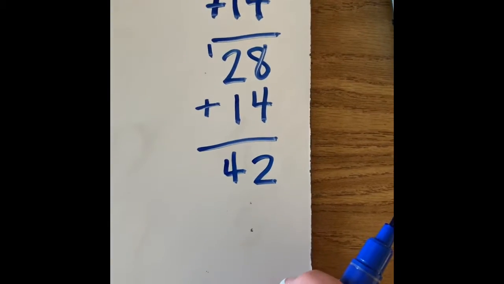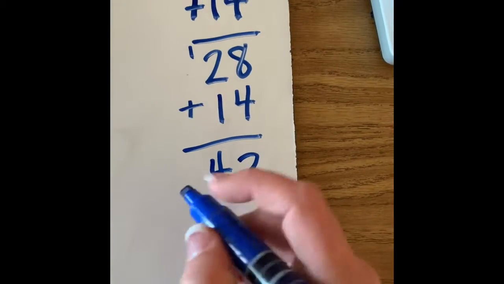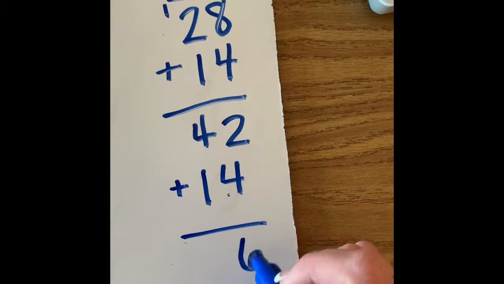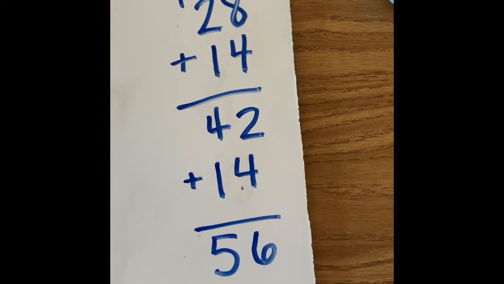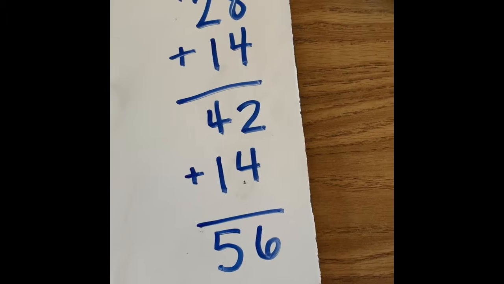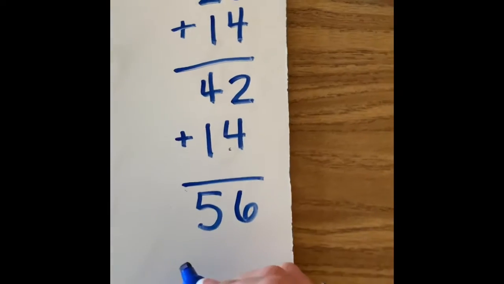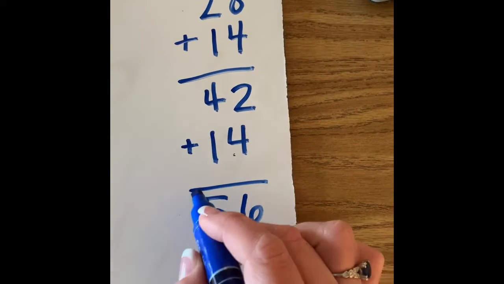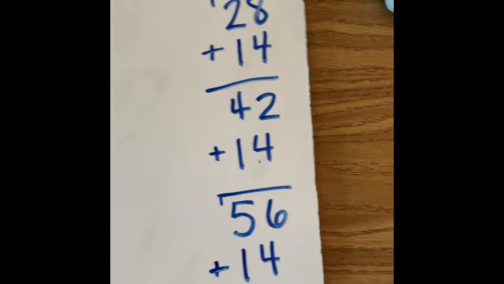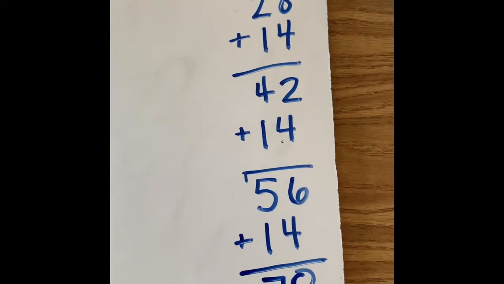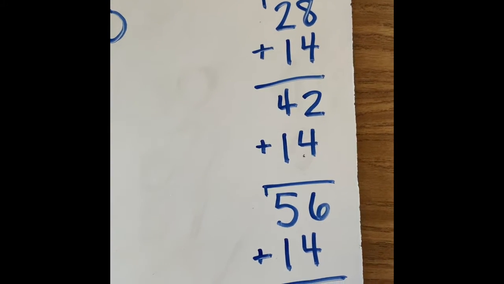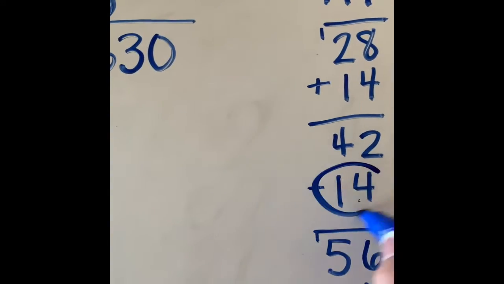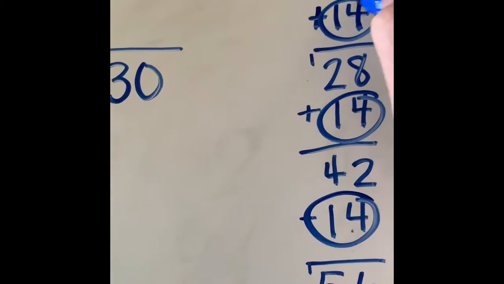And now I've made it up to 42. Remember, my goal is still 63, so I'm going to add another 14. And I've now got to 56. I'm going to try one more 14. And students will do this. They'll try and they'll go, oh, that was too high. I now need to go back to where my number was 56 and know that I had 1, 2, 3,